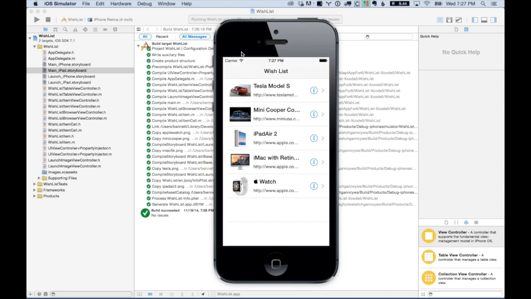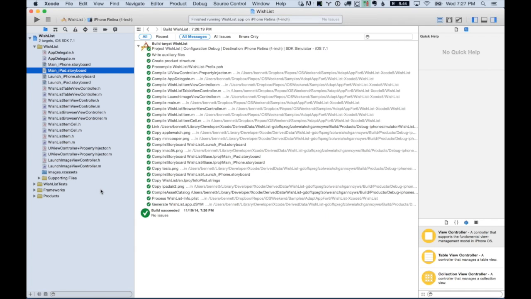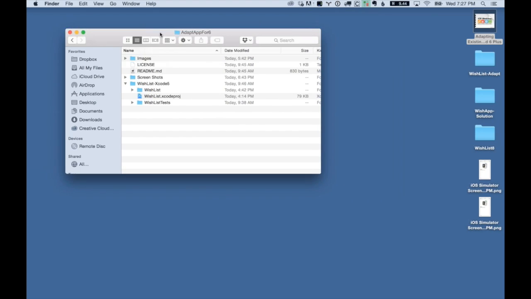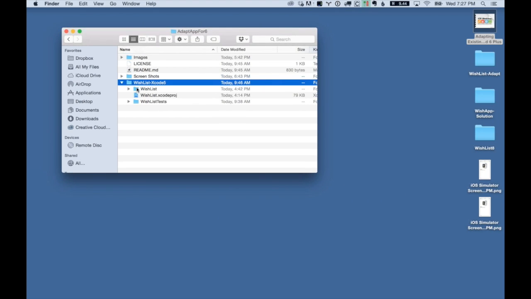All right, so let's stop that for a moment. So that's the existing version that we want to convert. So I'm going to get out of this project now, and I'm going to start a copy of this same project. I just don't want to mess up the folder, so I'm going to create a copy of it on the desktop,